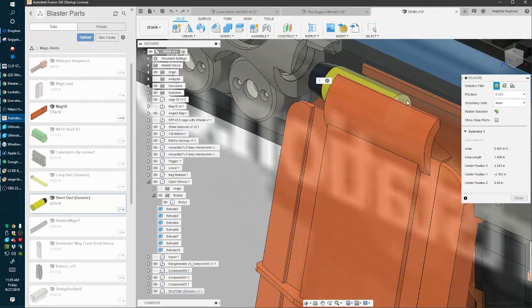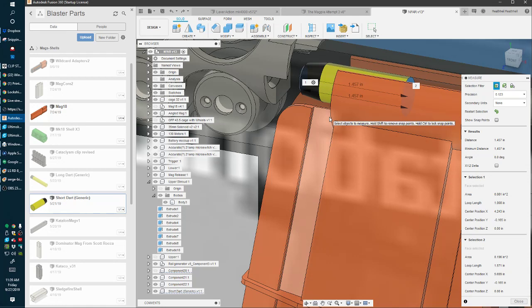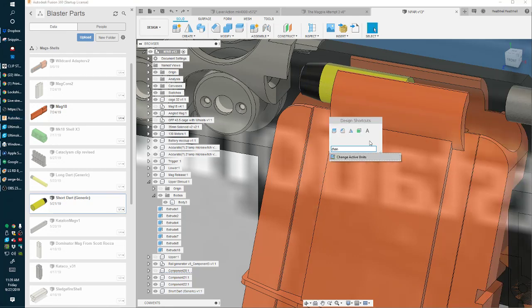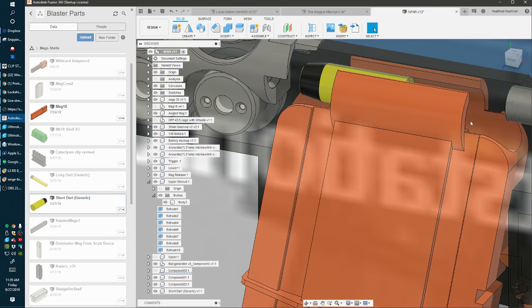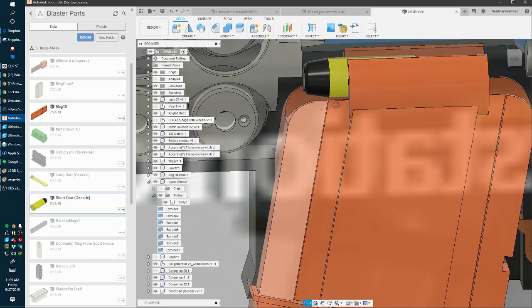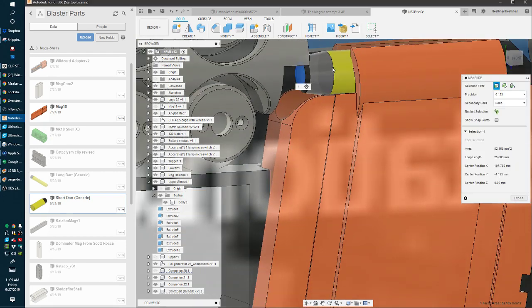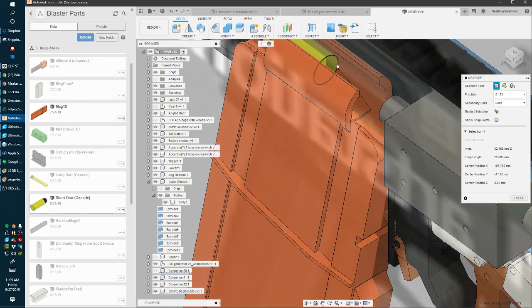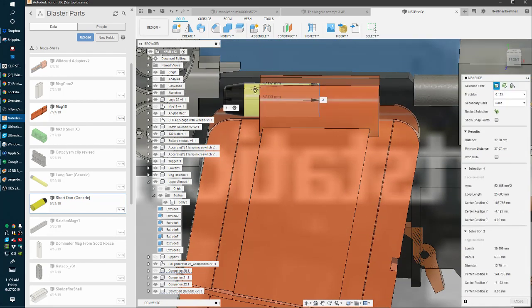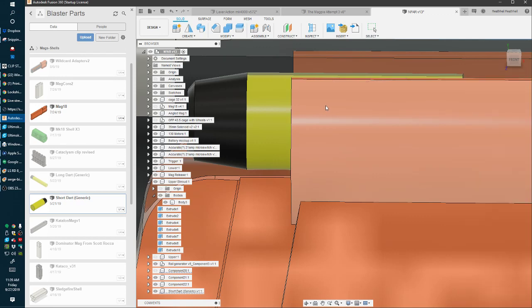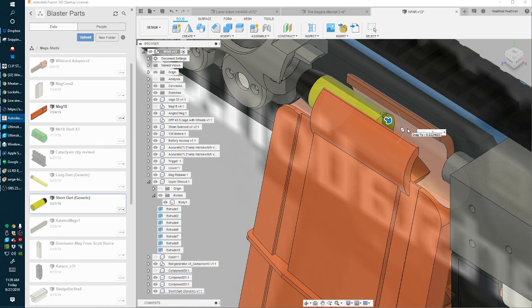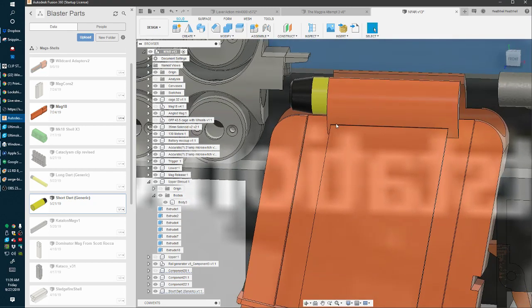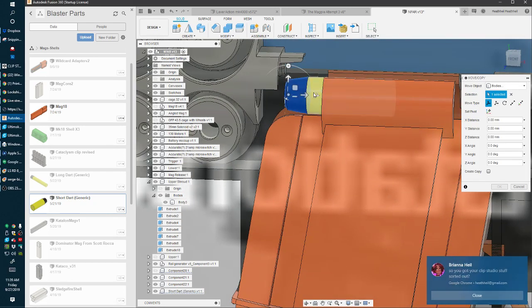And I've got to check the length of this. I've got to change active units. Okay, here we go. I use this all the time because some things are measured in millimeters and some things are inches, at least the way that I'm working. So I do that a lot. This is 37 millimeters, so we gotta extend that one more millimeter because I want it to be 38 millimeters, because that's how big